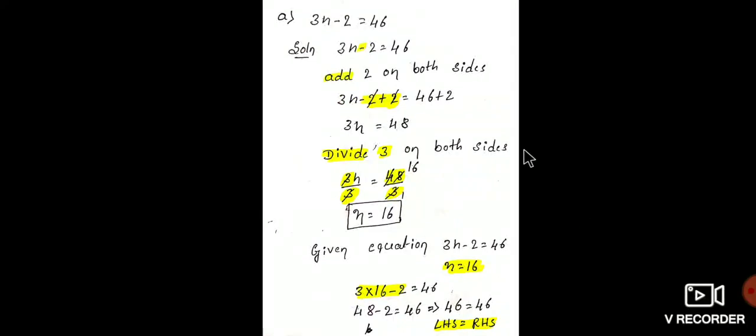So dear students, first one, they gave 3n minus 2 is equal to 46. In this one the variable is n, we have to find the value of this variable. So find out. But along with this,